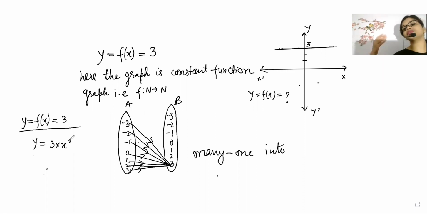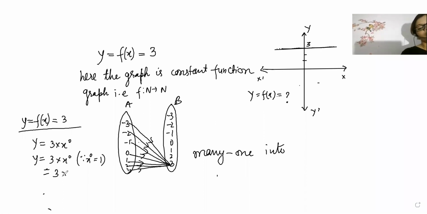But beta, since the domain element is very much needed, only then will the domain element map with codomain. So for constant function, when we are writing y is equal to 3, we can write like this now, beta, because we know x to the power 0 is equal to 1. Okay, so if somebody will ask you, how are you going to answer, then you will say, you take x value anything.